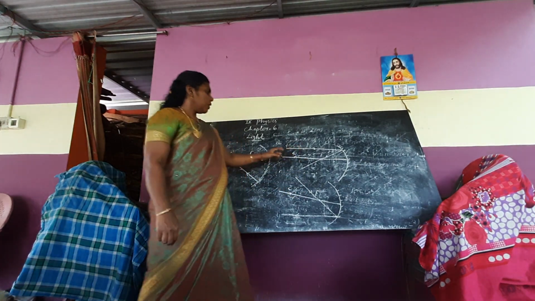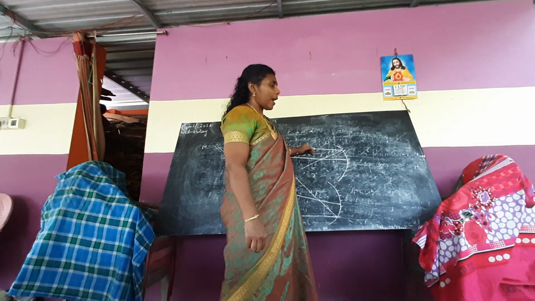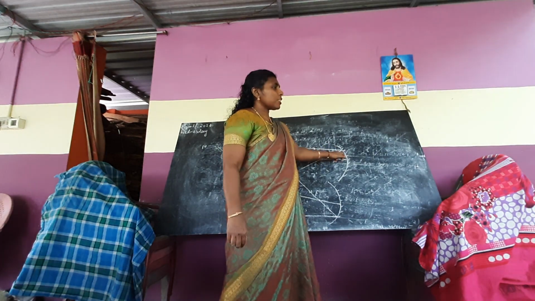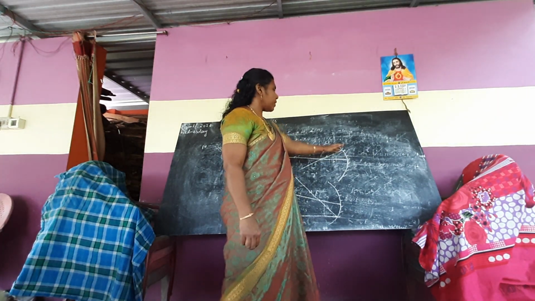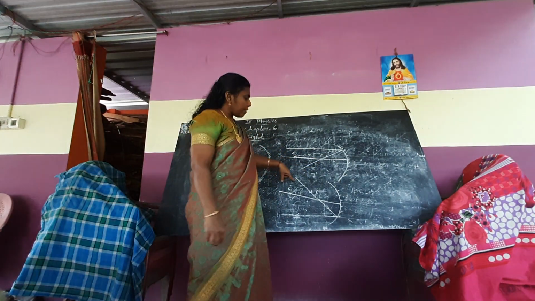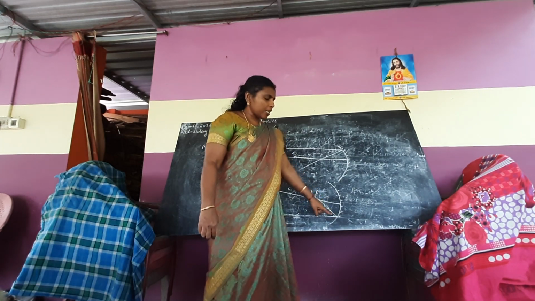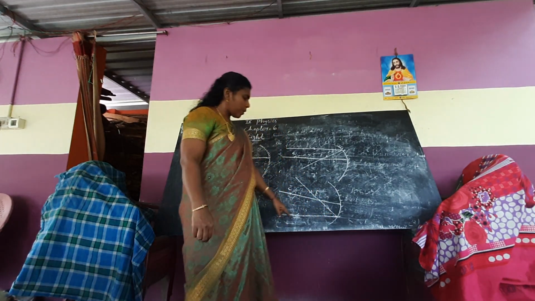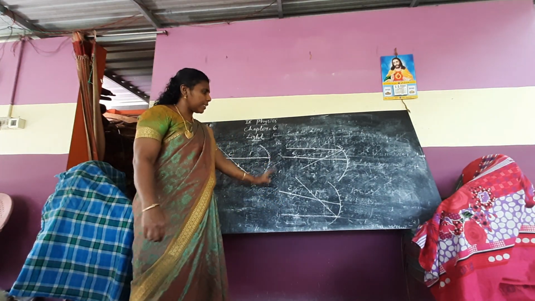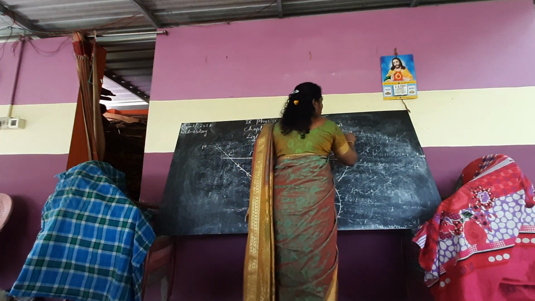See the first and second rules: the incident ray parallel to the principal axis, incident on a concave mirror, after reflection passes through the principal focus. Now here the incident ray passes through the principal focus of a concave mirror, and after reflection it will emerge parallel to the principal axis. This is the third rule. Then the fourth rule, only four rules are there. Fourth rule.